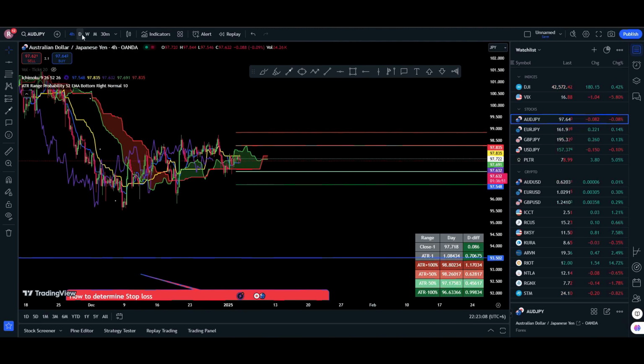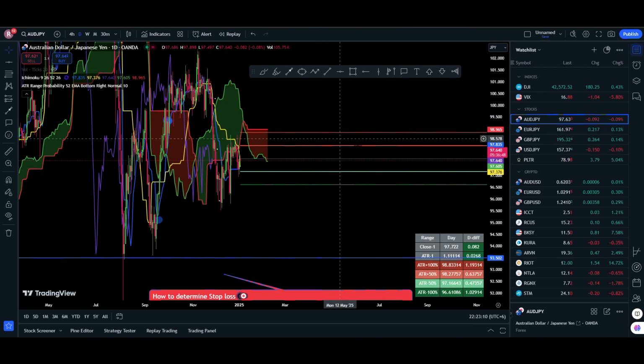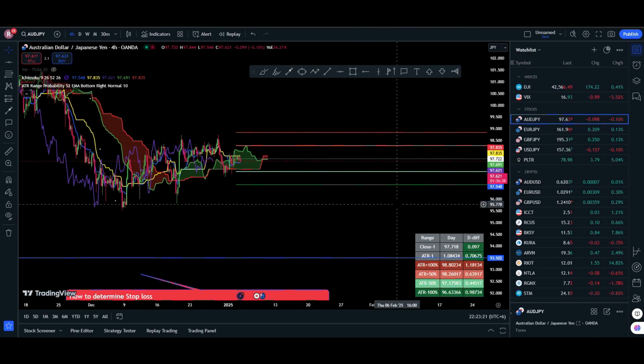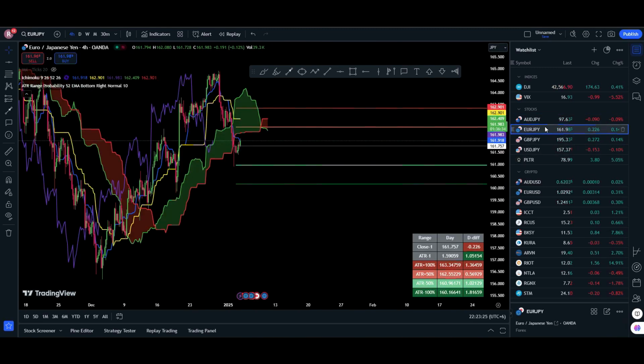Every day it will change dynamically. The next day the values of these 4 curves will be changed, and in the next 4 hours they will change again. This is the way. If we look at some other pair, I can show you the price reaction of them